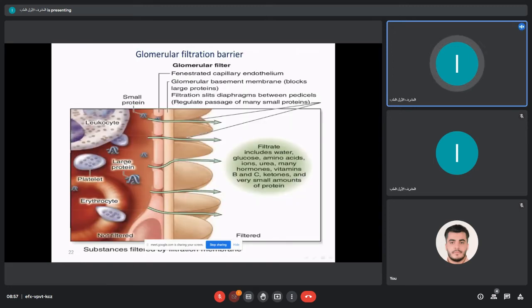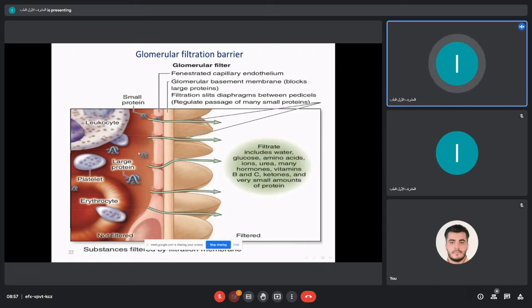This is another picture of the glomerular filtration barrier. These are the large blood cells, leukocytes, platelets, red blood cells. They are all too large to pass through this filtration barrier. In addition, proteins of large molecular weight cannot pass through the filter,